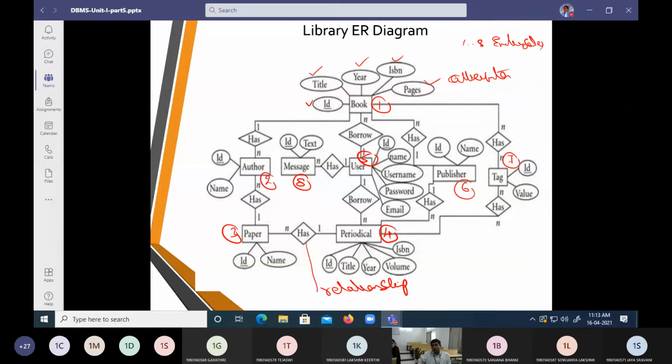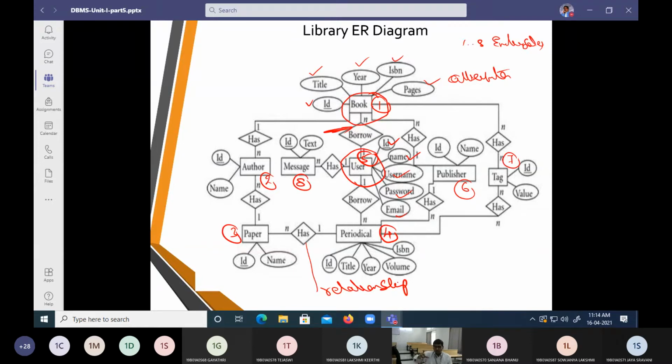Now we can see that a person is going to borrow something from a library. He is going to borrow a book from a library. That means the student should have an ID, his name, some user ID followed by a password or an email. Then he can borrow a book. So the relationship between the first entity set and the next entity set, the user, is going to be borrow here. So borrow is a relationship between a user and the book.